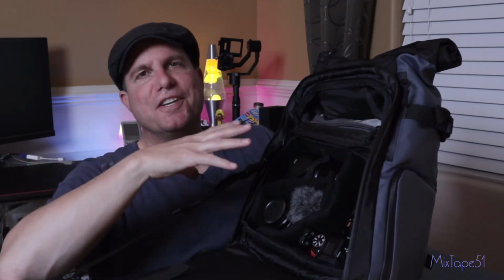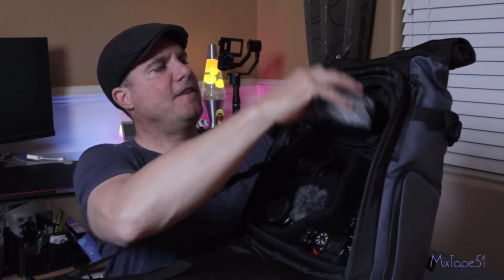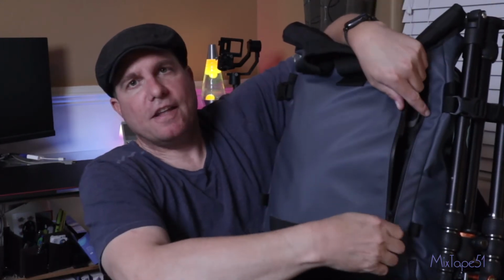I've used it for a jacket already. I've tried to consider using it for the Mavic 2 Pro, and I'm going to show you that. But again, it does make this bulkier. Now, one trick I recently found is that if I take out my little pouch here, and let me zip this back up, I move this little pouch to the front section here, so that goes in there now,